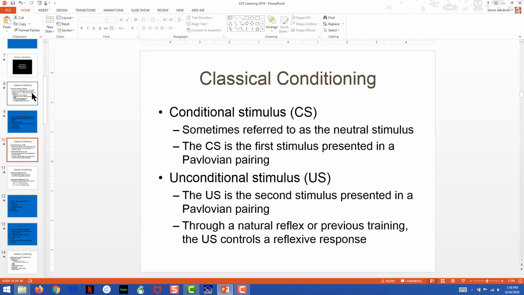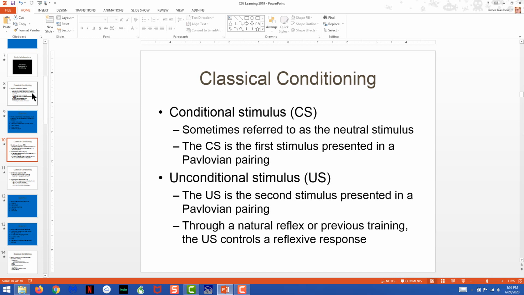Sometimes a conditional stimulus is referred to as a neutral stimulus. And the reason it's called a neutral stimulus is because you want to use a cue that is not active in any way, does not induce any type of behavior. It needs to be completely neutral with respect to the behavior of the animal. So for example, the metronome that we saw in the Pavlov video. The metronome is completely neutral because there's nothing about a metronome that a dog or a monkey or a little boy would automatically react to. Right? There are no basic reflexive responses that occur to a rapid clicking noise.